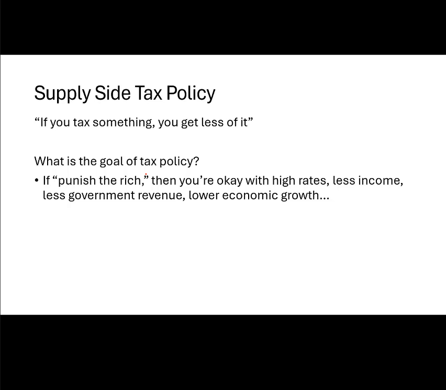So if that's the mentality here, they're probably okay with high tax rates, less income and less government revenue and growth, because their goal with the taxes is not to promote economic growth. Their goal is to promote some kind of vision of fairness or equity. Their goal is to level the playing field between high earners and low earners, let's say. So they're going to tax high income people and maybe spend that money through government programs to help low income people. You could call this the Robin Hood model of taxation. You tax the rich, you give to the poor.